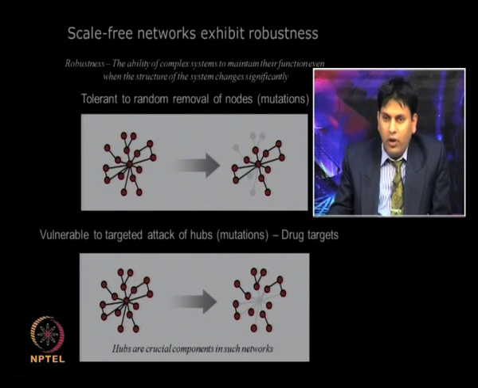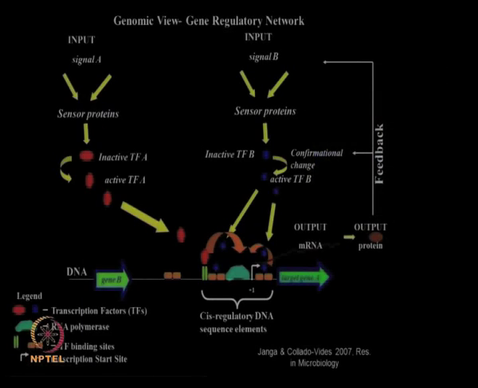So, if you are trying to inhibit the growth of a pathogen, you are likely to target these highly connected nodes because you are more likely to be able to crumble the biological system of the pathogen. This has been increasingly gaining attention as a method of targeting drugs to these classes of proteins. So, as mentioned earlier, we have been talking about regulation of a single transcription factor, but in the